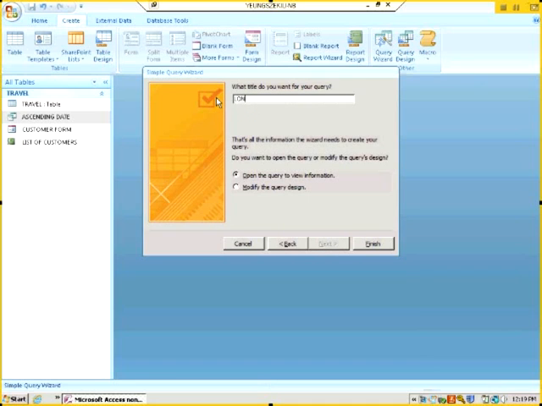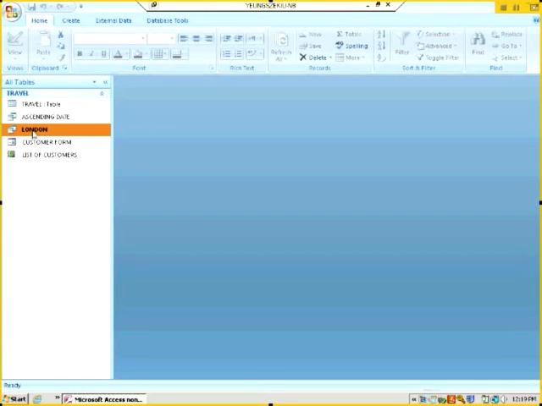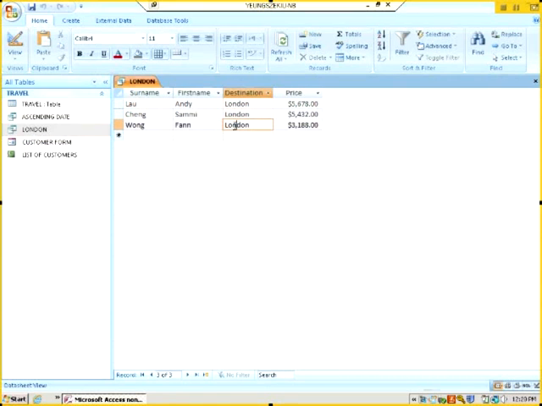The name of this query is going to be called London. And as before, we select modify query in design. And under destination here, you see the criteria row here. This is where we put in double inverted commas and type London, so that it will output the query as London. By the way, this kind of query is known as QBE, query by example. So we'll save that, and if we take a look at London, here it is,